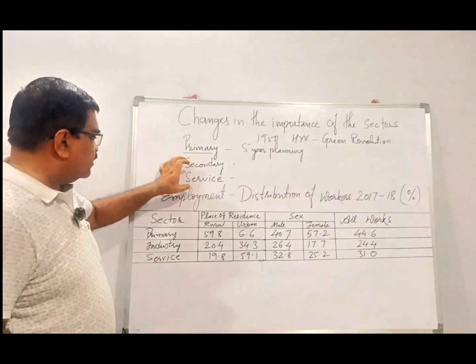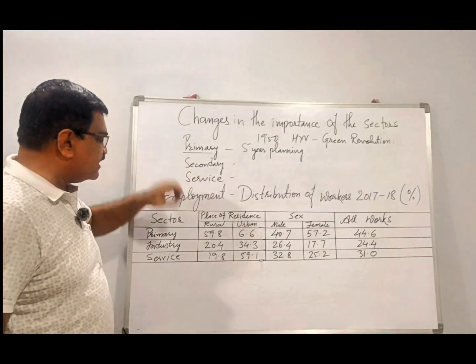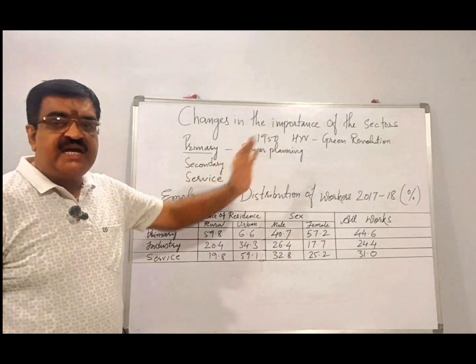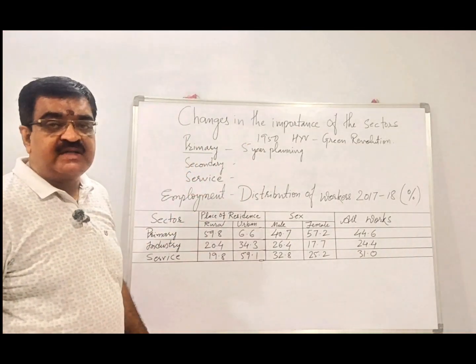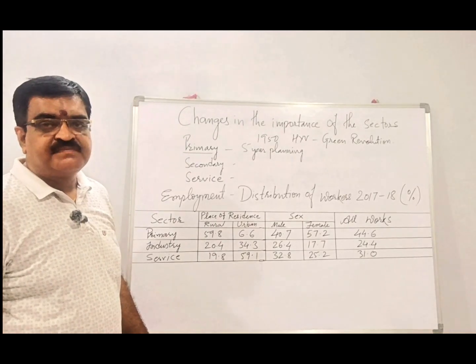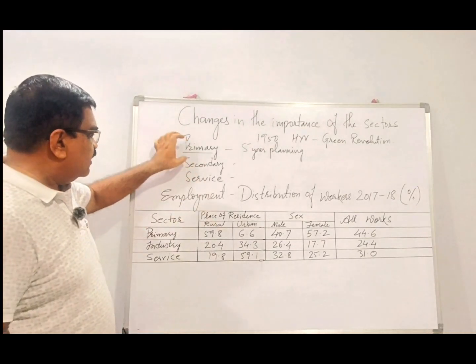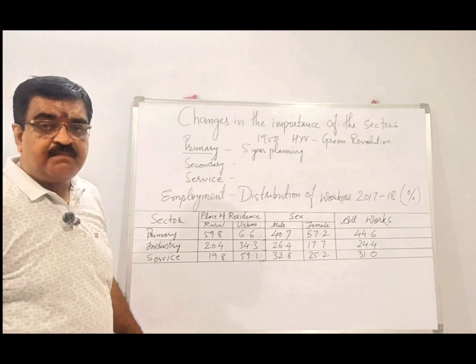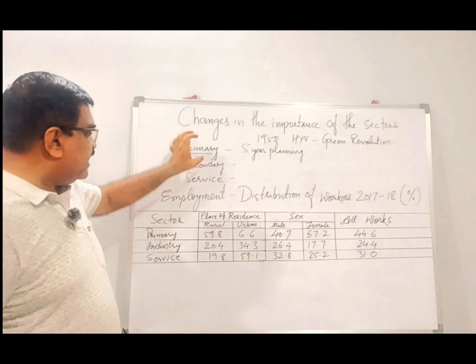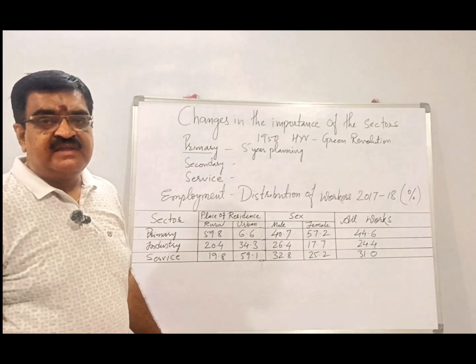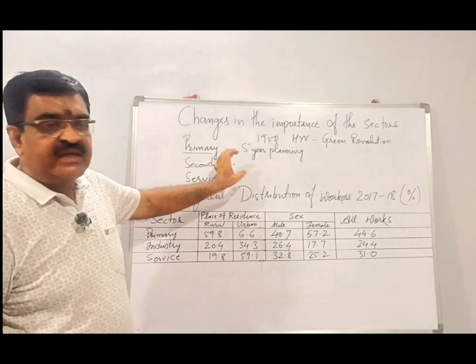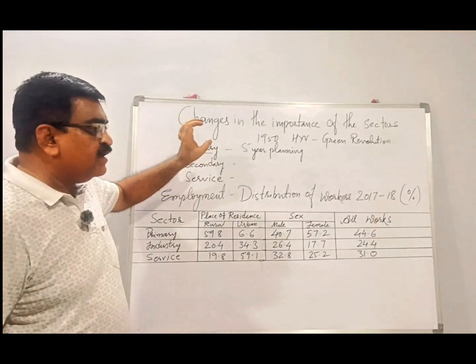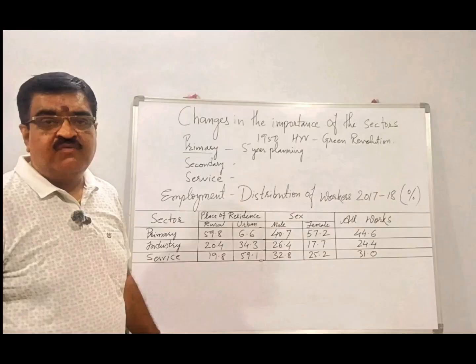Means how much the secondary sector and service sector share in GDP has increased, that much share of the primary sector has not increased in GDP. So still the primary sector has remained back. The reason behind it is the improper knowledge of agriculture, or improper knowledge of their work, for the rural people.